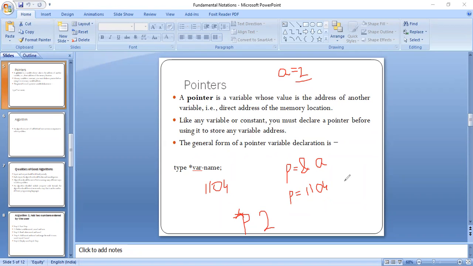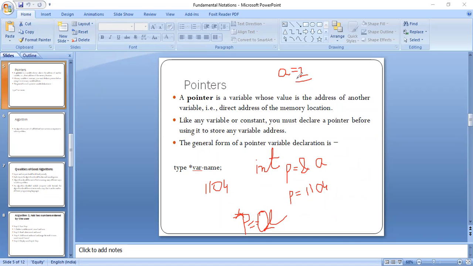So similarly we have data types for our pointers, like integer or float. We have the data type, the asterisk sign to access the values, and then the variable name. So here we have asterisk P, where the variable is A. If we say asterisk P equals A, that will return us the value 2.